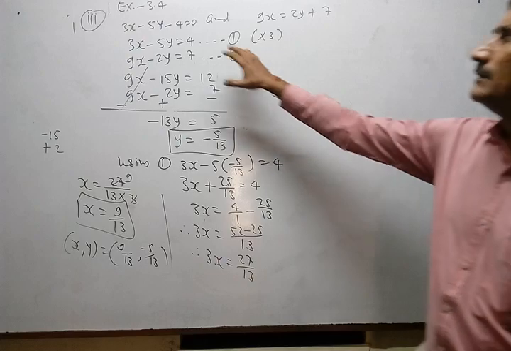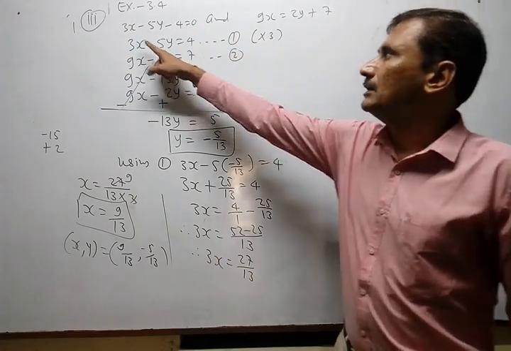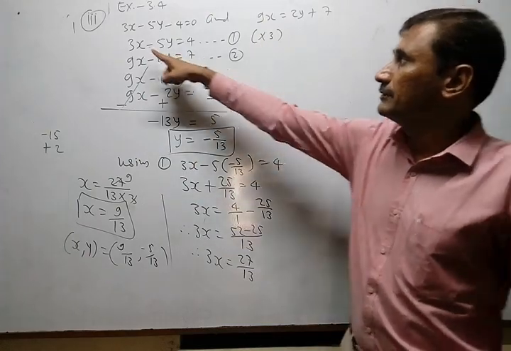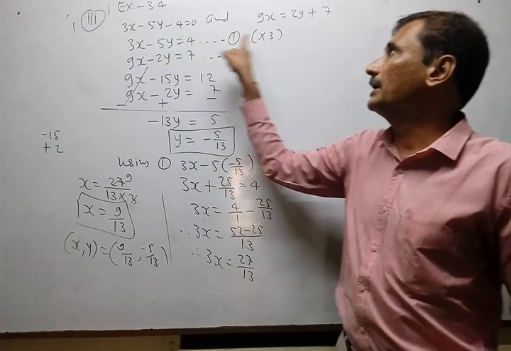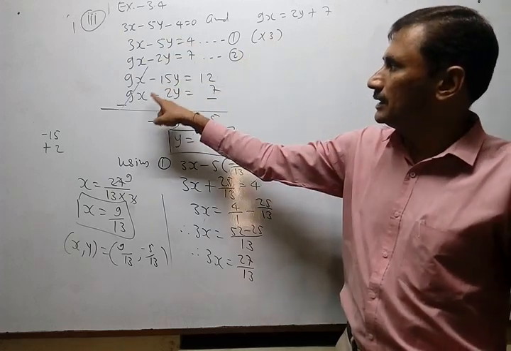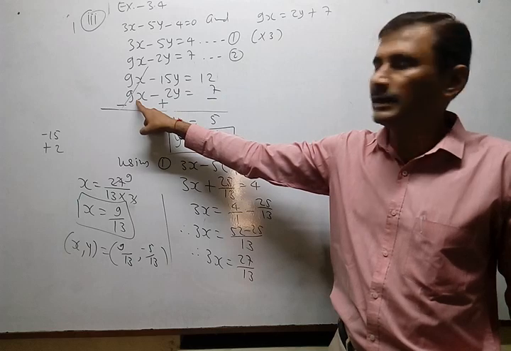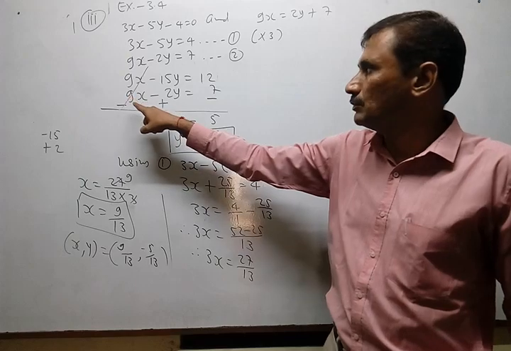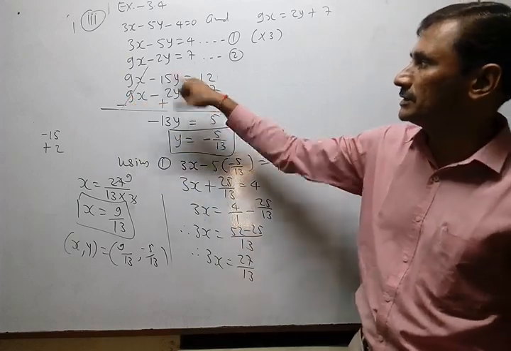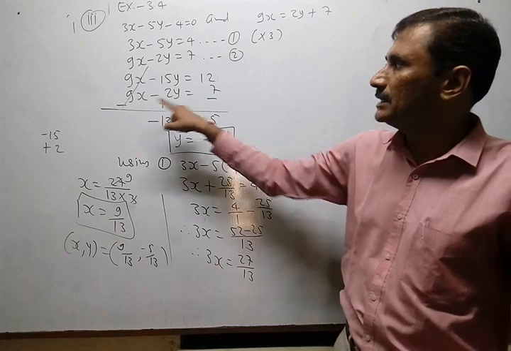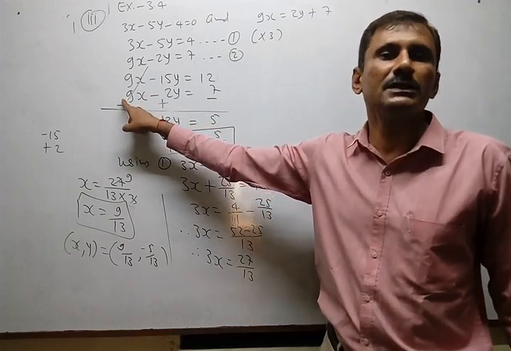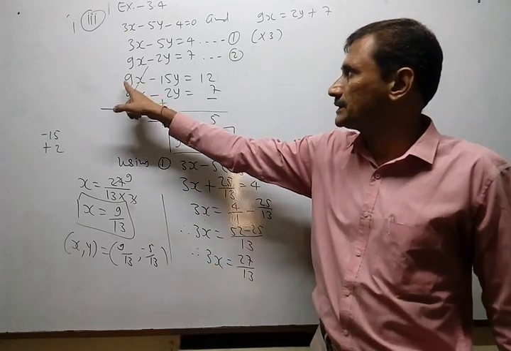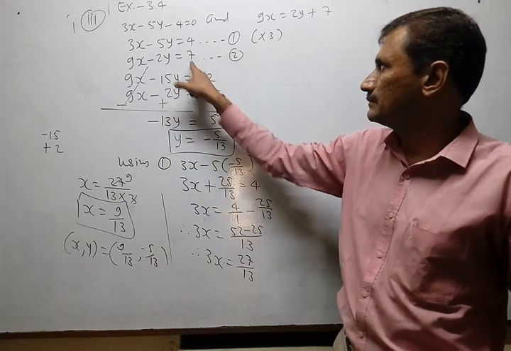But remember, first of all, method coefficient must be equal. If not equal, multiply either one or both. Here we select x so that we multiply any one equation. So we multiply it. Then addition is not required here. Subtraction is required. Why? Signs are not opposite but same sign is there. So for making opposite sign, we have to subtract whole equation from first. So that is subtracted. To subtract equation means nothing but to convert old term sign opposite. So old term sign becomes opposite, plus minus, minus plus, plus minus.